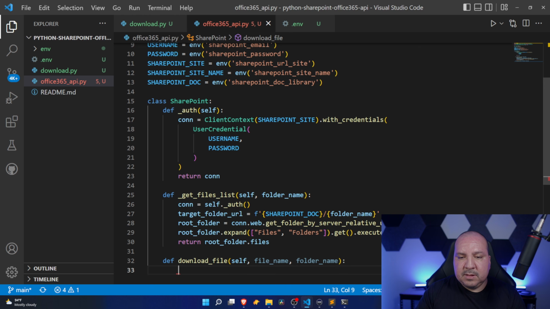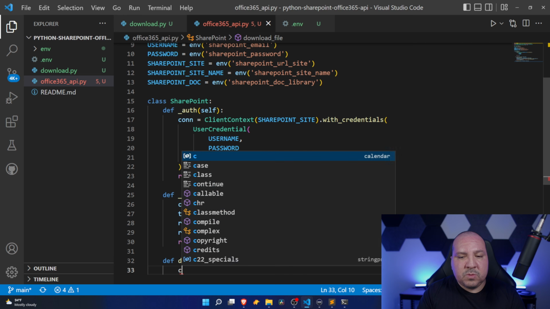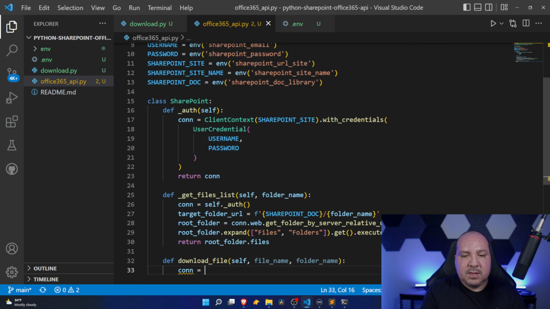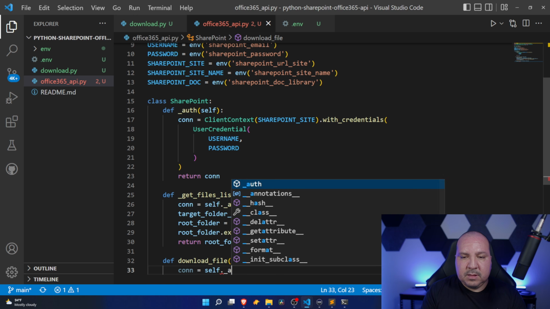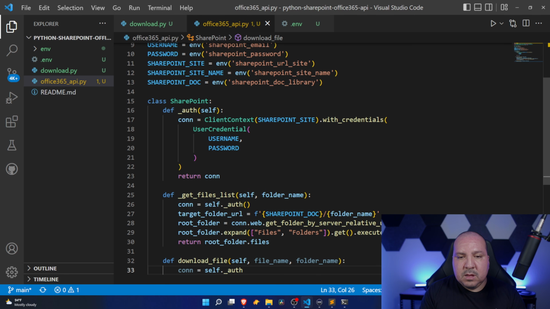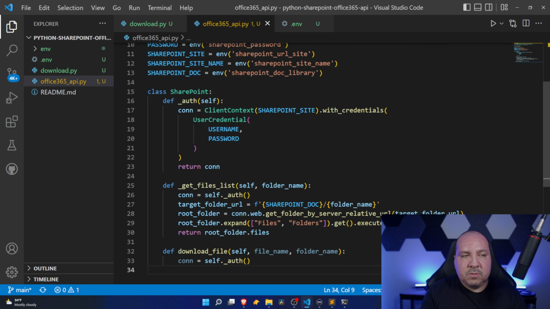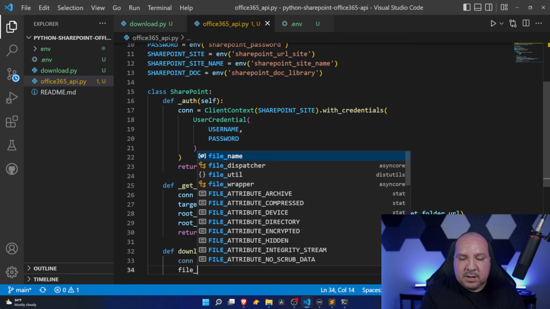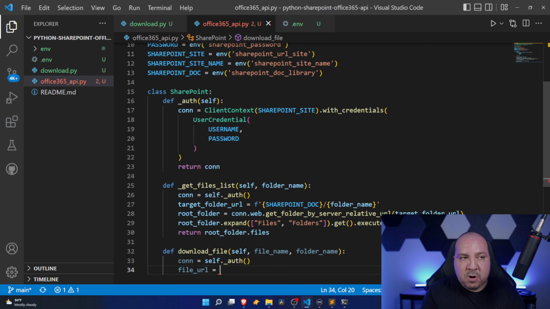And the same thing with this one, we're going to do a connect to assign our connection. Next, we're going to specify our file URL. So in this case, it would be